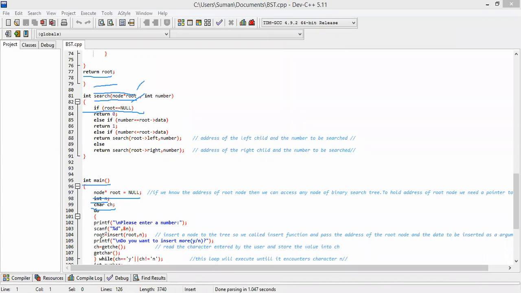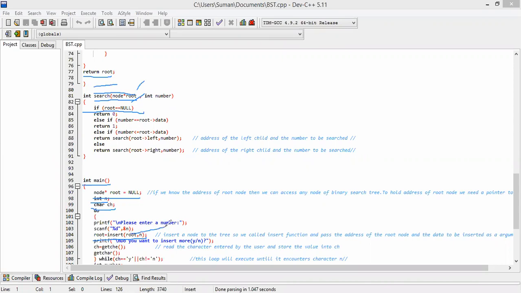After that, the insert method will be called: root equal to insert, passing two parameters, root and n. That means insert a node into the tree. So for inserting a node in a tree, we call the insert function.